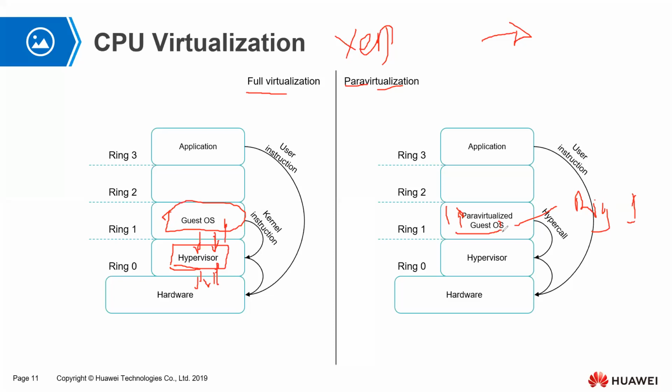So you modify the source code of the guest operating system and run it on top of your hypervisor. It just needs to make a hypercall. There's no translation; it calls the hypervisor, saying, hey hypervisor, I need to do this, and the hypervisor does that without necessarily having to translate all the common instructions and also the privileged instructions.